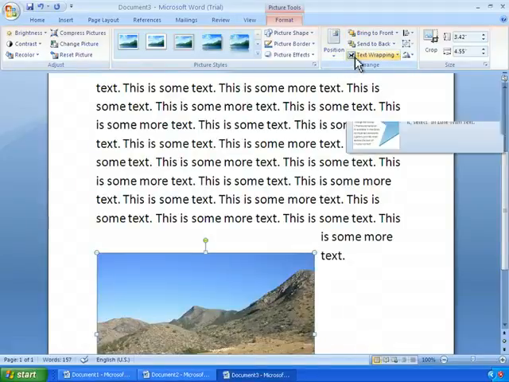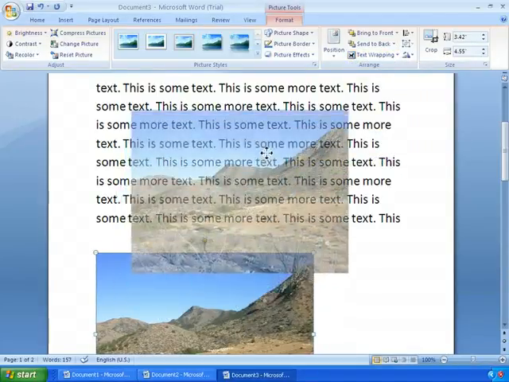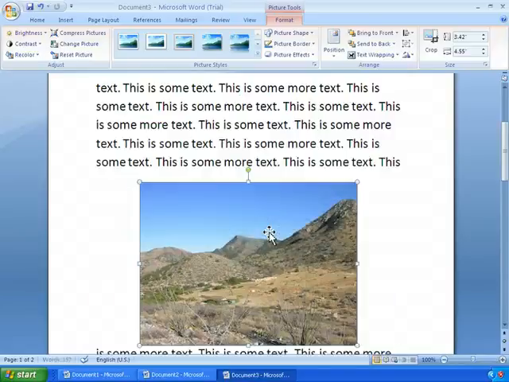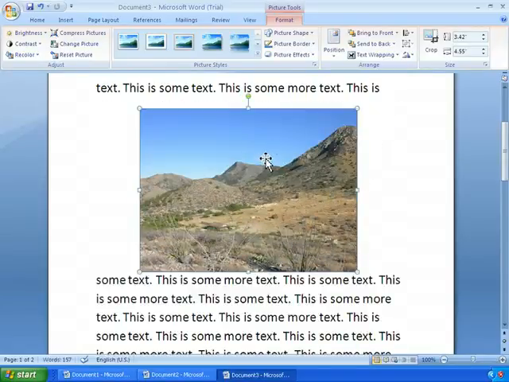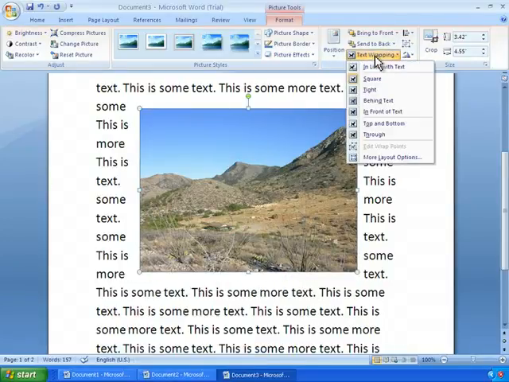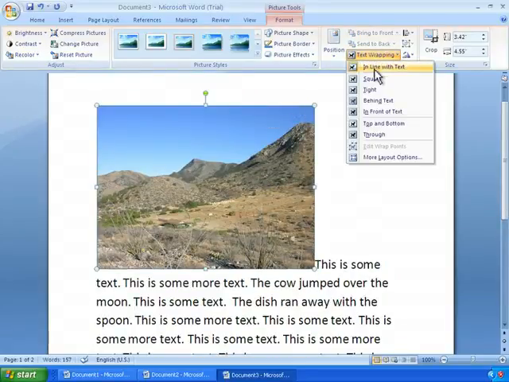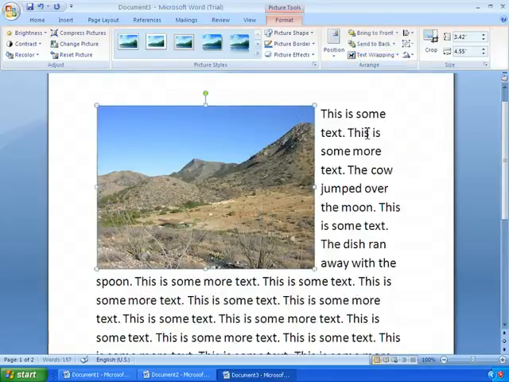And I can also change the text wrapping manually. I can change it to top and bottom. Click and hold and move the picture around and the text avoids the picture. Try with square and line, through,